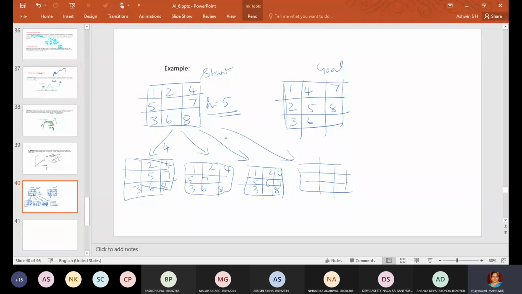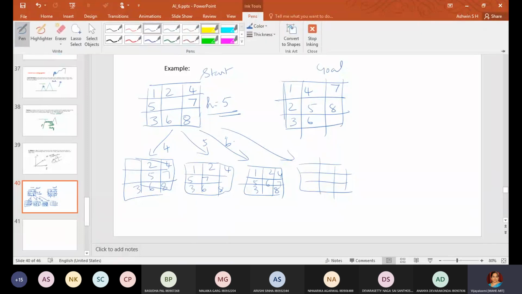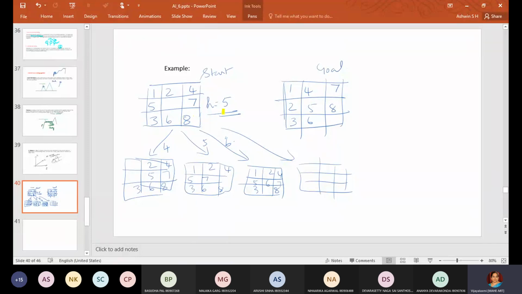So H is 5, I'm just writing. As I've told in my previous example, here a reduced heuristic value is required. Even though it is hill climbing, I'm just considering it in the opposite direction; reduced value, it takes this path.